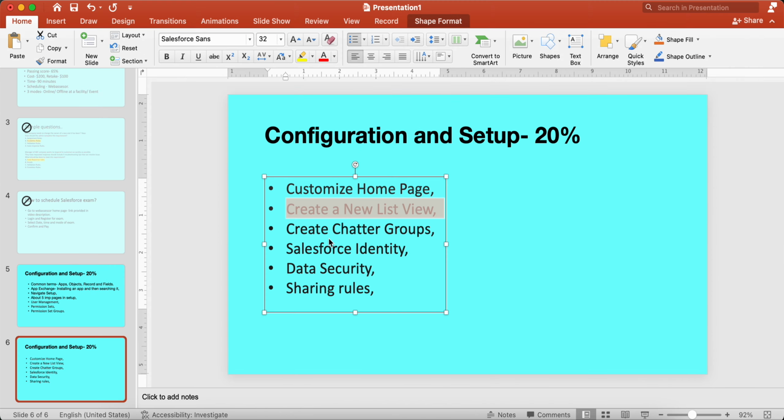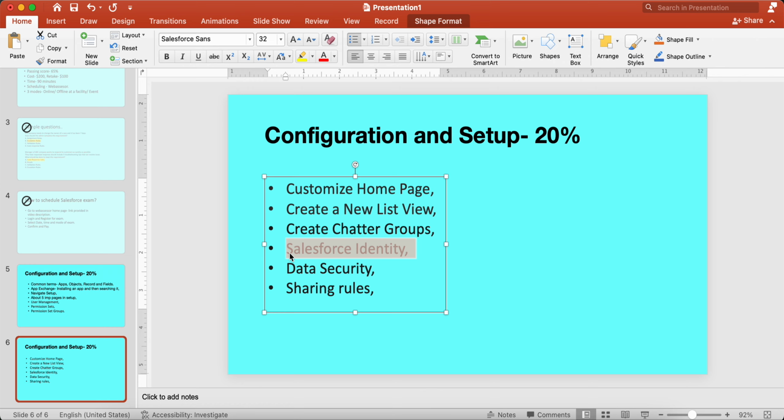Okay, so I covered in this video how to customize the homepage, create a new list view, and create Chatter groups. Okay, now we come to Salesforce Identity. Now Salesforce Identity I am going to explain mostly. It's a theoretical topic.